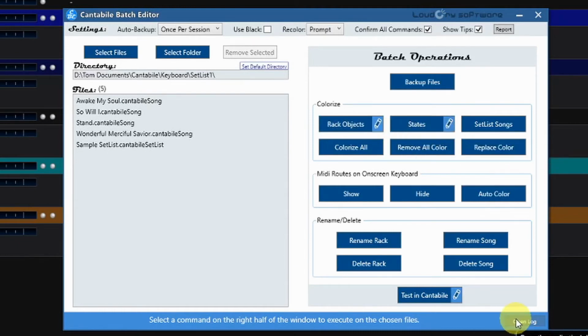The last thing I'm going to mention here is a feature that you can see here at the bottom called Test in Cantabile. This actually was the most complicated part of the whole application to program. Anytime you're trying to control a different application through simulated mouse and keyboard commands, things can get a little bit wonky. So I think I've got it dialed in pretty well where it works very consistently, but it is important